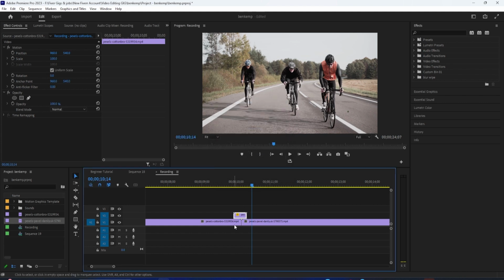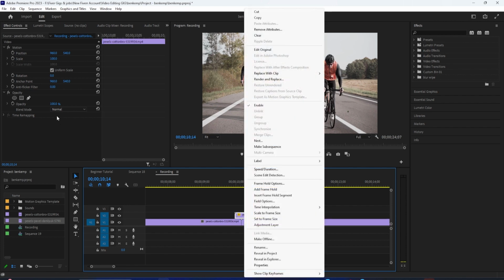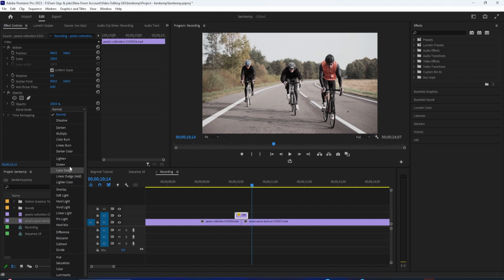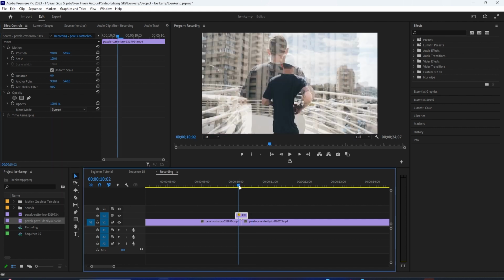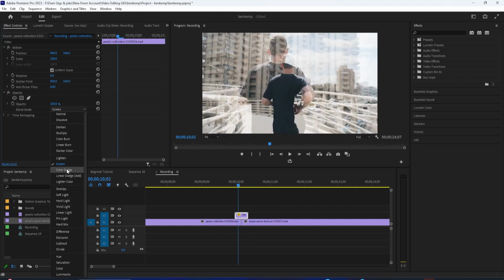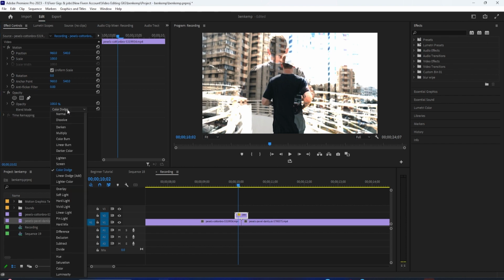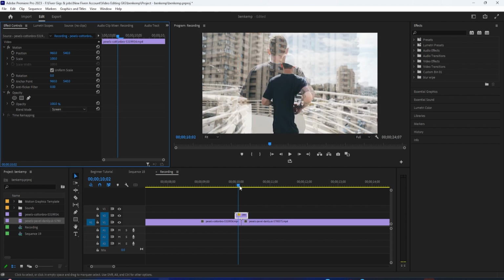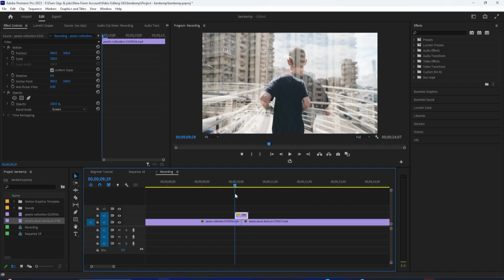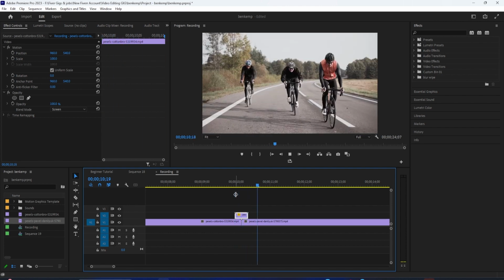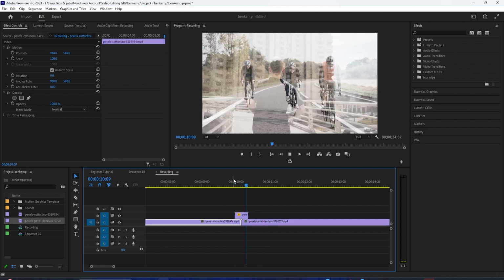Now, in order to make it a cool flash transition, we're first going to want to set this second video track layer on a blending mode of screen. You could also do color dodge, or try out different ones, but screen is a good one to start with. And that will already give us a good start. What this does, screen just kind of blends things together in a lightning way. And if I play that back, you'll see it creates this cool flash echo that happens